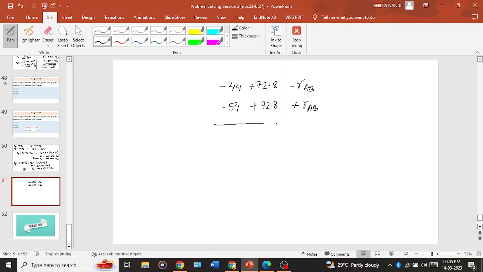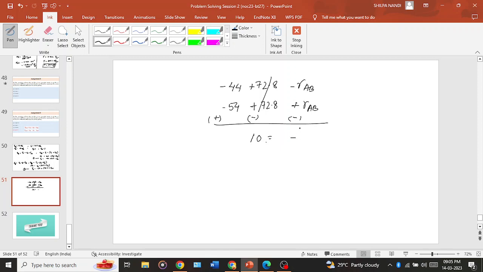So what happens if I subtract it? We'll get this as minus, this as also minus, and this as plus. This will cancel out, and we will get